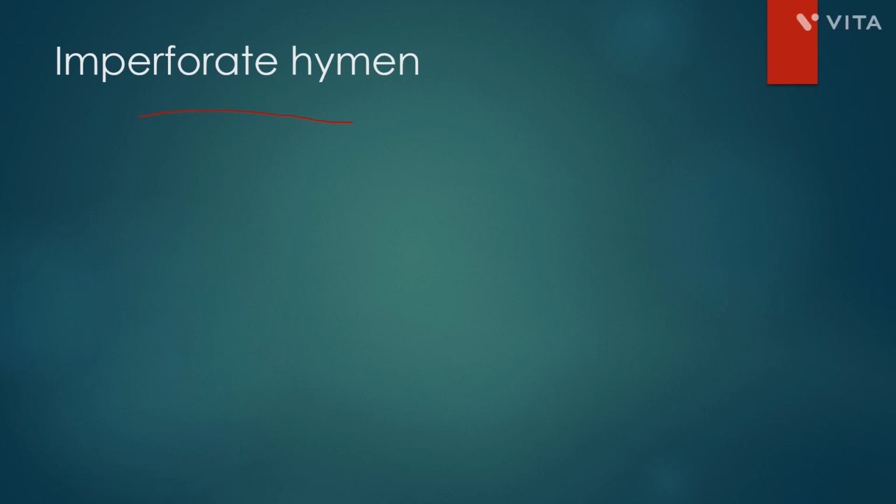So these things you have to know. So all of this can come with primary amenorrhea. And in primary amenorrhea also you have to rule out pregnancy, because if the secondary sexual characters are okay and the girl is sexually active, you have to always rule out pregnancy, because that can come as primary amenorrhea also.